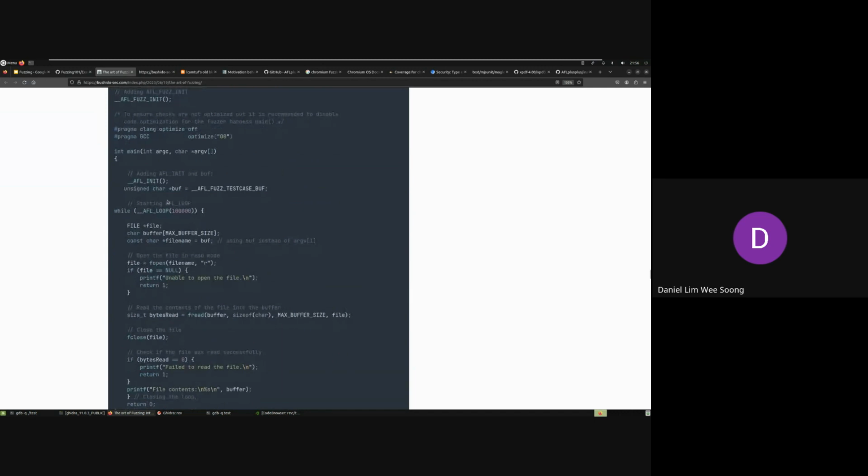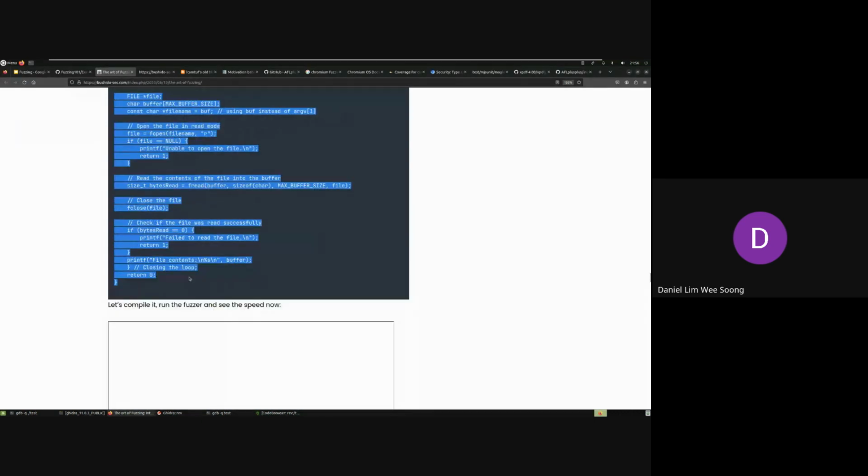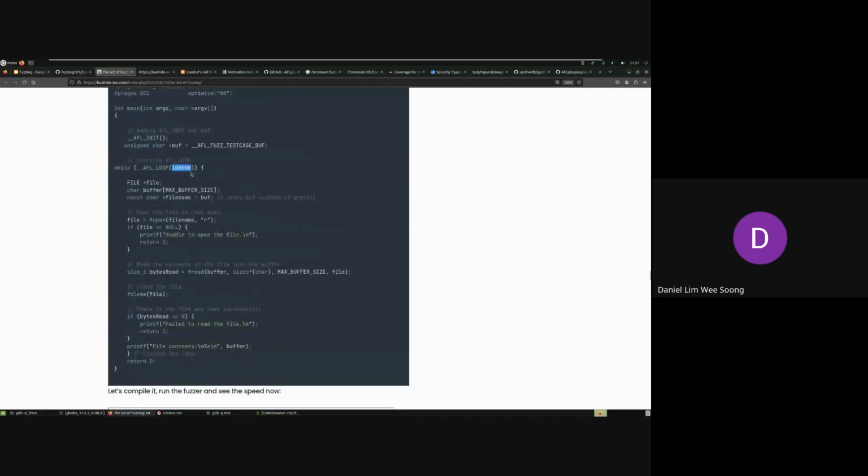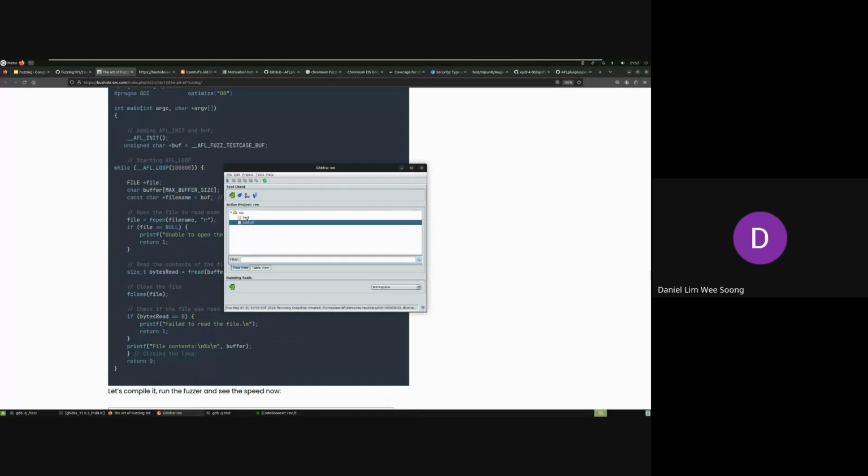And also, the more important thing is you can run in this loop. So here it says AFL loop. Then you just loop this a lot of times, and this whole part will just keep running over and over. So now the program, if you see Ghidra,